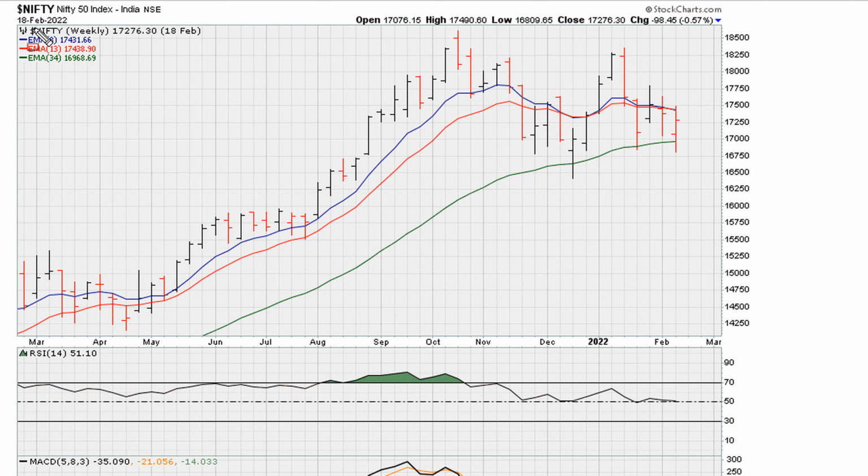For example, we can watch the Nifty closed on Friday with the RSI at 51, give or take. And we can see that in itself is a sign that a couple of things can happen here. If we end up this week down below 50, the odds are increased that we get a down week and closing towards the lows of the week if the RSI stays below 50. And we can also see that this is an area to watch for potential